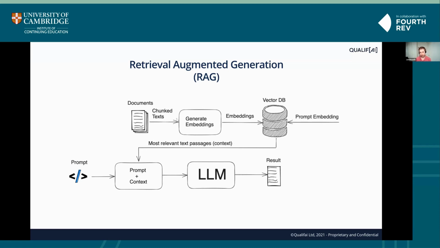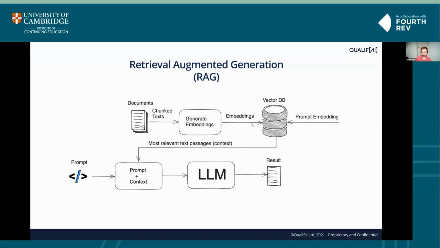Then once you've chunked that text, you'll then calculate the embeddings on that text. So this is basically taking those chunks of text and then with the embeddings that we mentioned earlier, representing those in what's called an embedding space, so that then it has more contextual meaning of how that document relates to other documents and other words.